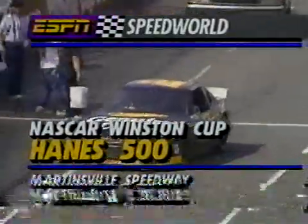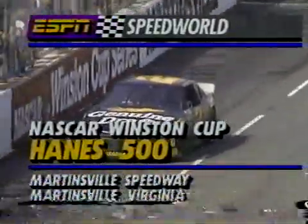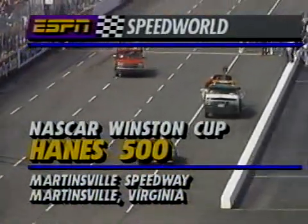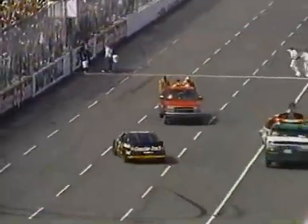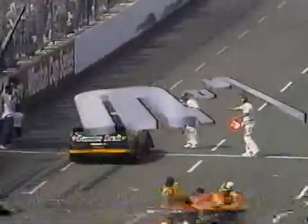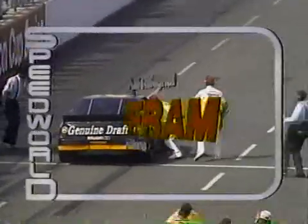Rusty Wallace has already taken the checkered flag on his cool-down lap here at Martinsville Speedway in Virginia, having won the Hanes 500. He's turning the car around again, and looks like he's headed for another Polish victory lap in salute to Alan Kulwicki. Our Speed World coverage being brought to you by